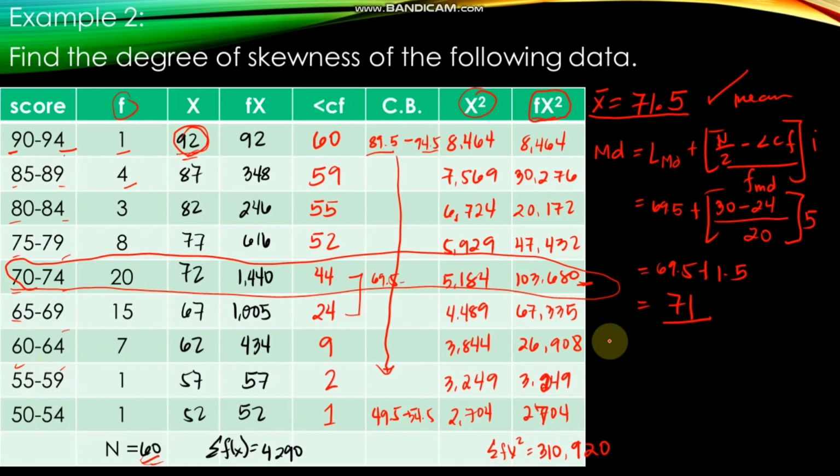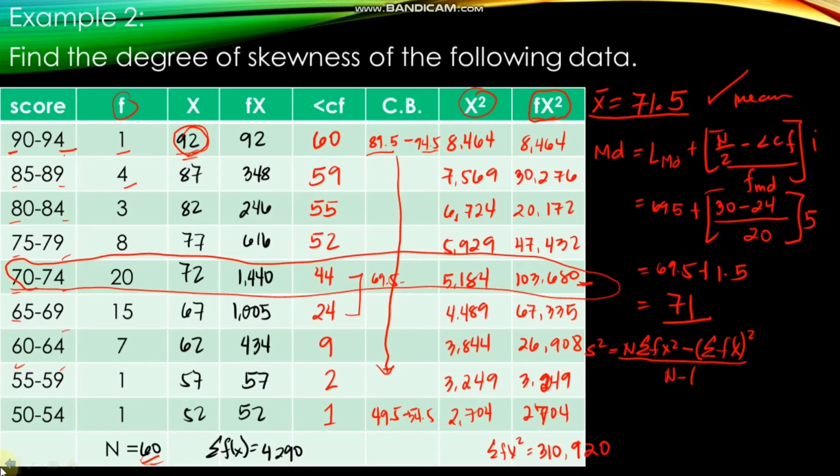We have s squared equals n times the summation of f x squared, subtract the summation of f x, squared, over